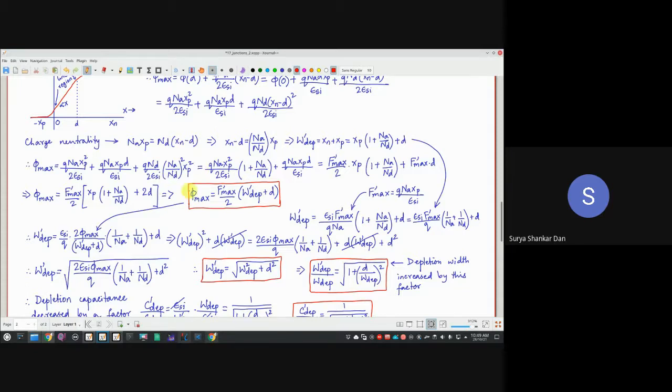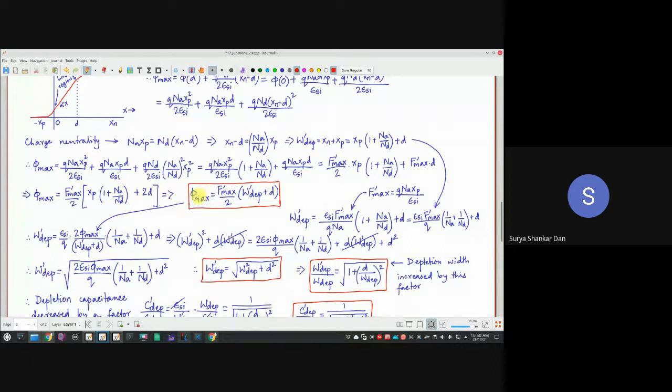Because if the phi max is different, that means the potential is different, as if you are changing the biases of the junction. No, that's not possible, right? We have to ensure that the potential biases will remain the same. However, the electric field is coming down. So phi max is the same as the phi max of the simple PN junction, not the PIN. So the contact potential of the PIN junction and the contact potential of the PN junction remain the same. That is the first important condition.